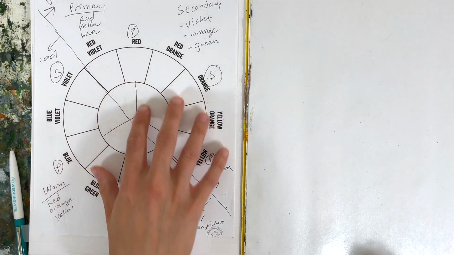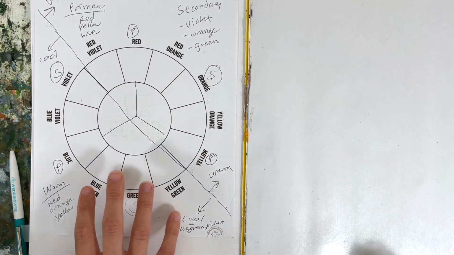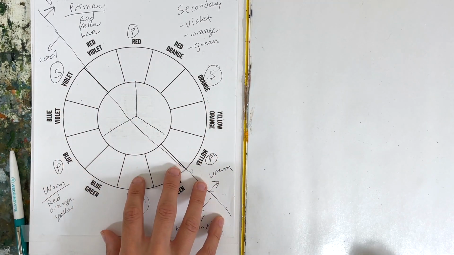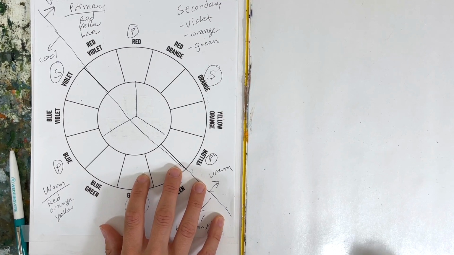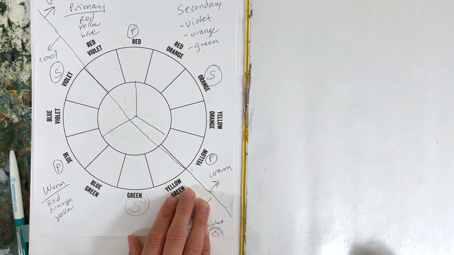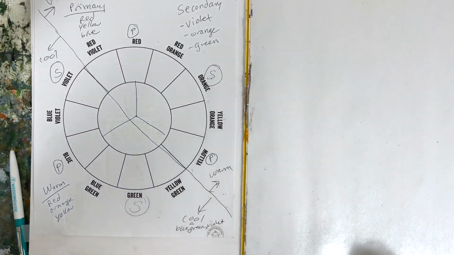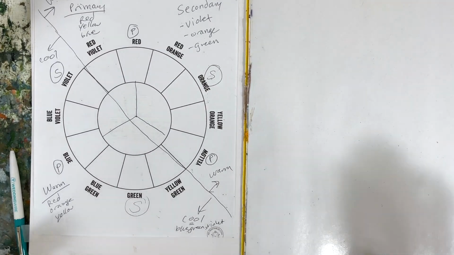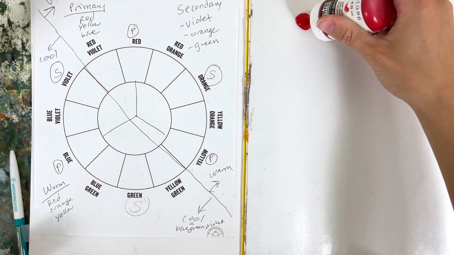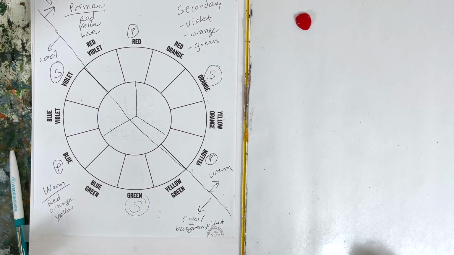But what we're going to do today first is fill out this color wheel. Then we're going to do some more color mixing. We're going to try to make some black. We are going to make some brown as well. I'm going to show you how to make brown. So first thing I want to do is show you guys that we have warm and cool versions of our colors. So this is my crimson red,